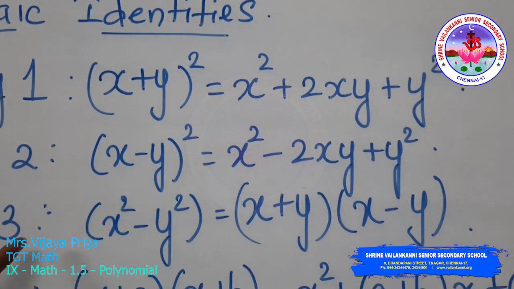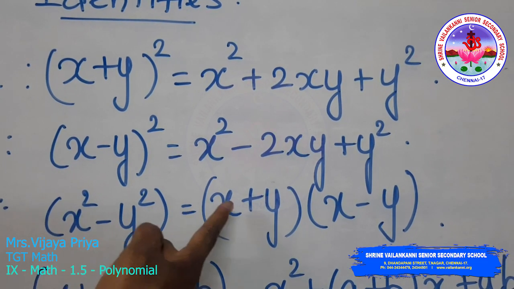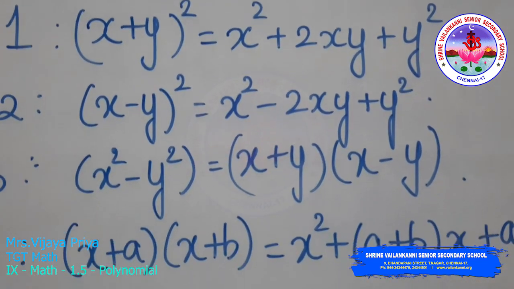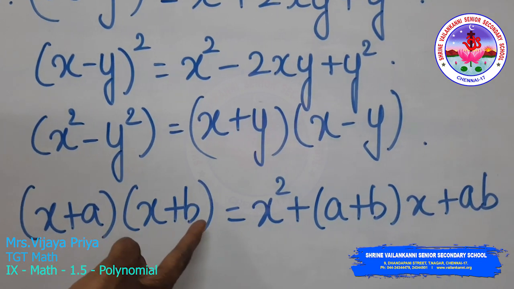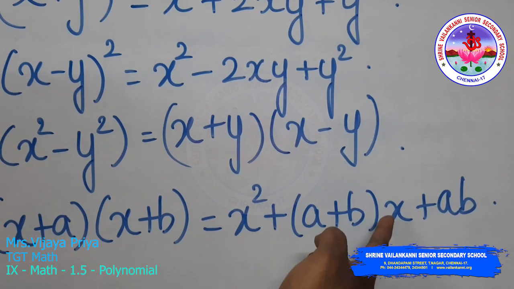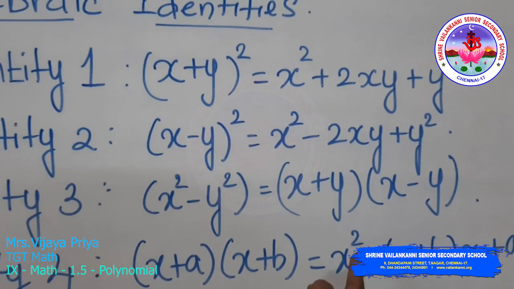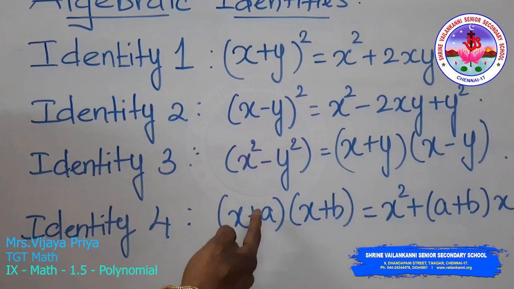Identity 3: x squared - y squared is equal to (x + y)(x - y). And fourth identity: (x + a)(x + b) is equal to x squared + (a + b)x + ab. With all four identities, we are going to apply these identities in the problems